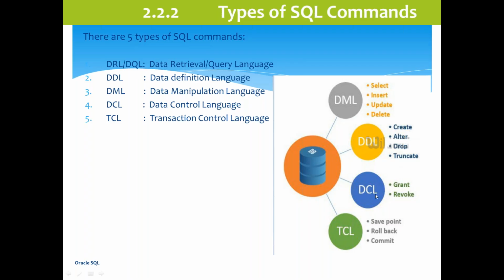Next is DCL. DCL is data control language. Under data control language, grant and revoke come. To give the permission, grant; to remove the permission, revoke. And next is transaction control language, TCL: savepoint, rollback, and commit come. So commit means what? Save. In a Word document, Notepad, Excel sheet, PowerPoint, whatever we are writing, we save using Control S or File Save. Then only it is saved. Automatically it will not save. After saving, if we close and reopen, then we will be able to see it.